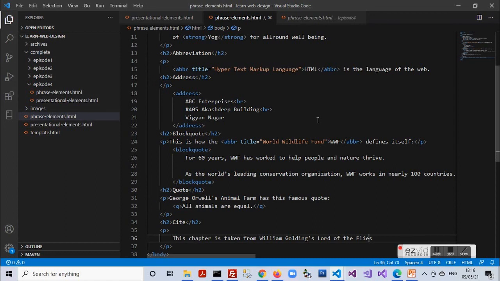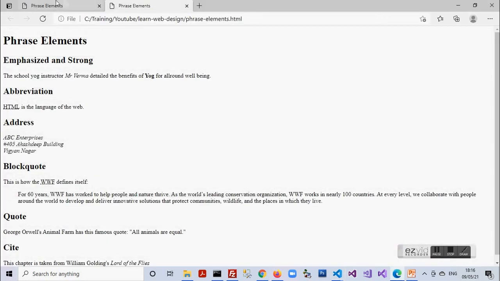I put the name of the novel Lord of the Flies within the cite starting and ending tag. So here we are, our task is accomplished. We can move on to the browser, we can refresh the document and we can see the effects.